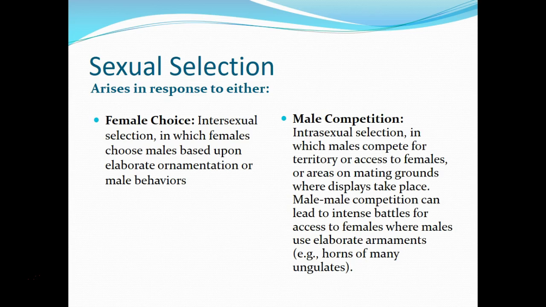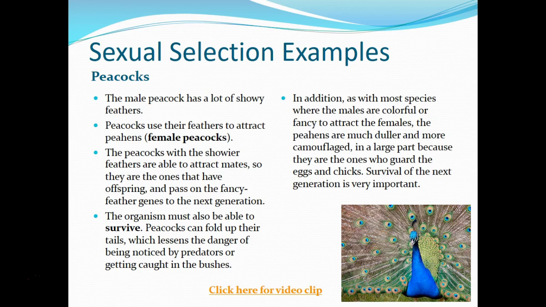So male competition, then female choice are both part of sexual selection. So again, the answer to Darwin's question, when you go back to the peacocks, why do peacocks have these big showy tails which seem like they're a disadvantage? Well, the answer was sexual selection. They have them because that's how they attract the females. Those that have the showiest tails actually attract more females and get to mate more often and pass that trait